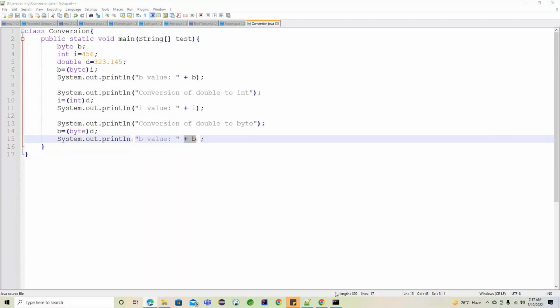The range of this particular byte is 256. So whatever bigger value you give here, it's going to be divided by 256. Whatever remainder we get, that remainder value will be stored into this byte data type, not the original value. So if you use this 323,